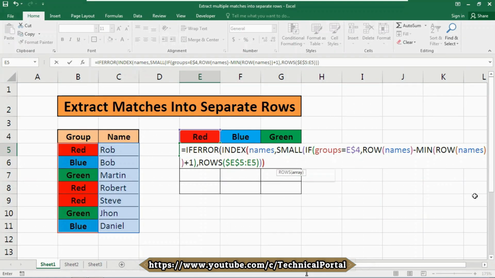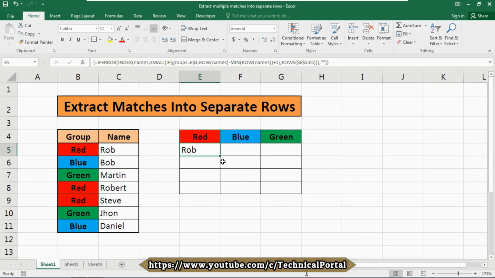Now close the parenthesis thrice, come to the IFERROR function. Now our formula is completed, insert a comma. Now it is asking for value if error. We simply want to show nothing when there is an error. So how to do it? Just insert an empty string, by simply inserting double quotes twice. Now close the parenthesis and hit enter by holding the Ctrl and Shift keys, because this is an array function. Look here, our formula is right.